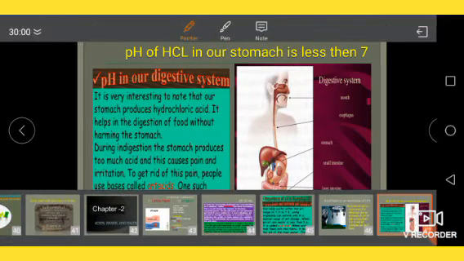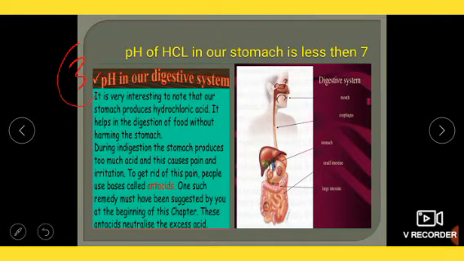Now the third importance of pH in our daily life is the digestive system. You know very well, when we eat anything, it goes to the stomach, and in the stomach there is HCl. HCl is hydrochloric acid, which is acidic in nature. This acid is very important to kill the bacteria which can enter with the food. It speeds up and increases the rate of digestion.